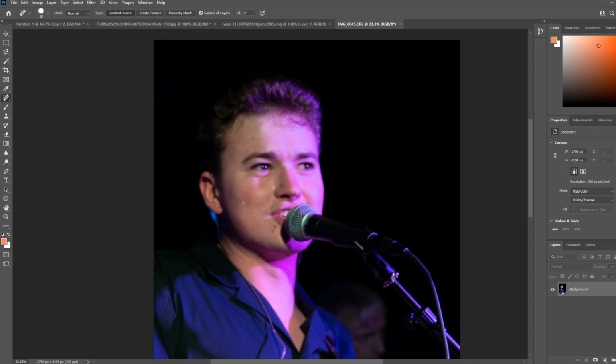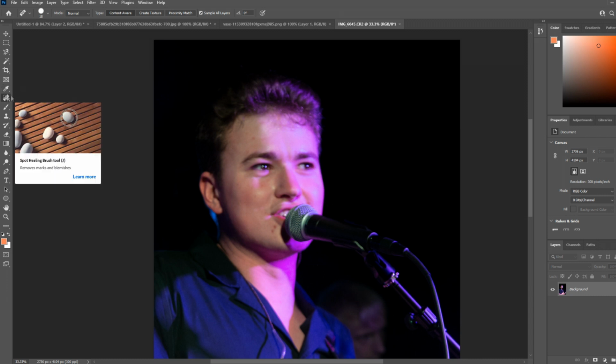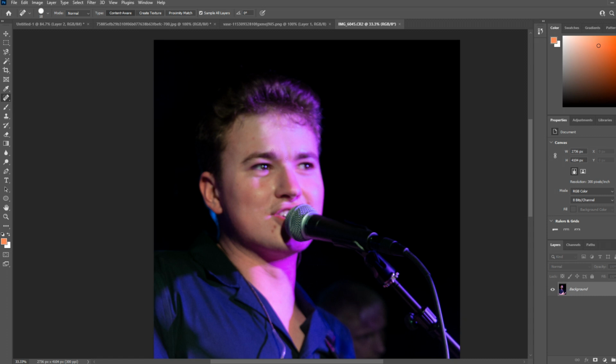You're fixing the little blemishes and the spots and stuff. So what you do is you select your spot healing brush, and where a spot is, it's usually better to create a new layer and then sample all layers. Make sure that's selected, because if you don't have that selected, then it won't sample the layer below, which is what you're fixing. So sample all layers, and then